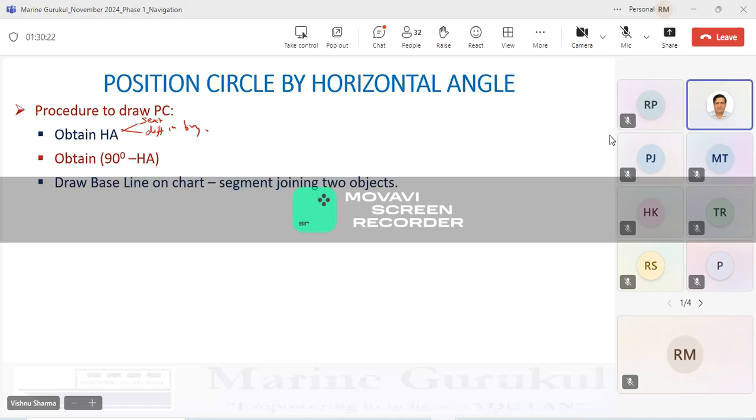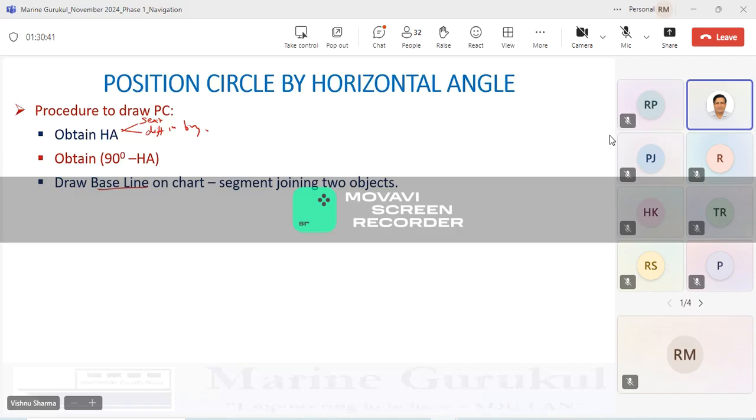Then we draw the baseline on the chart, the segment joining the two objects, and we'll call it the baseline just for the sake of discussion. Sir, why 90 minus horizontal angle? Because it is based on a geometry theorem,